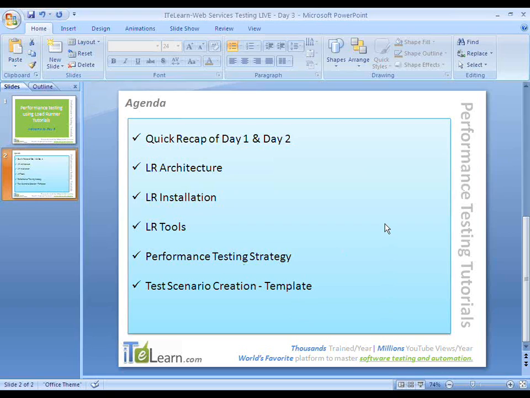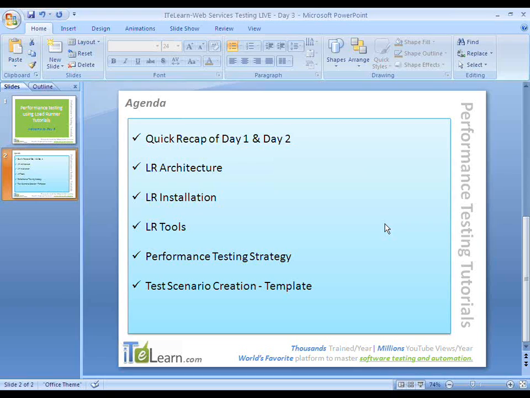Again, I'm repeating this: you can go to YouTube and search for performance testing using LoadRunner day 2, and it will fetch the day 2 video.